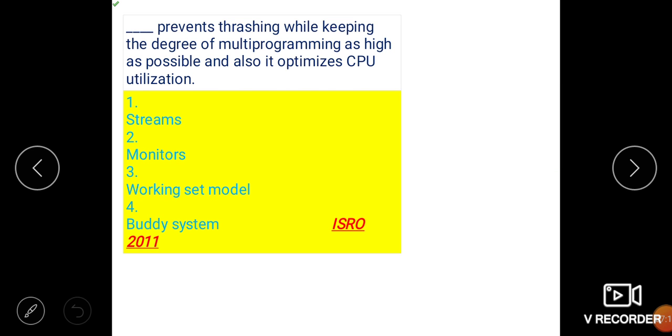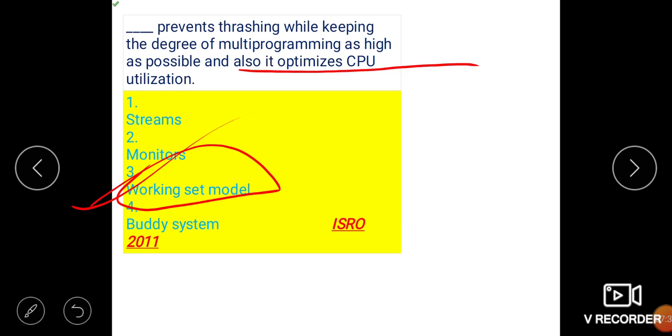Now next is: prevent the thrashing while keeping the degree of multiprogramming as high as possible, and also optimize CPU utilization. To overcome the thrashing problem, we will use the working set model.